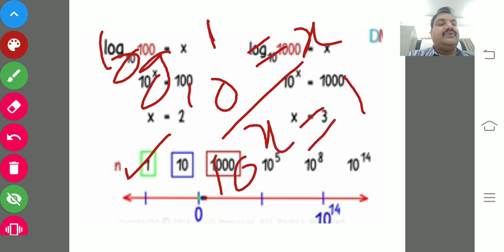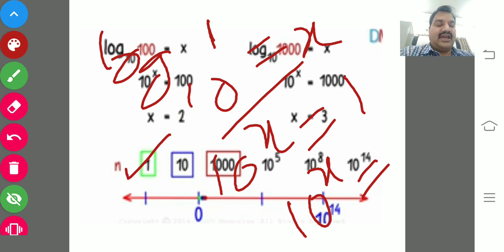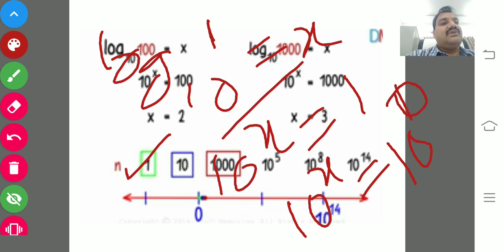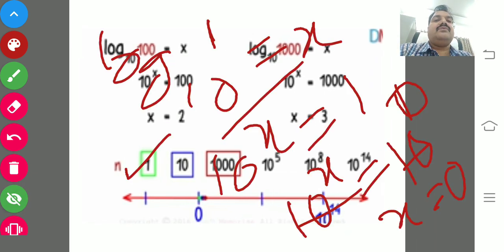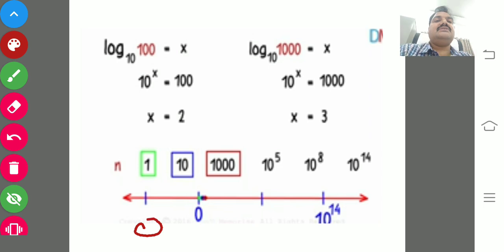10 power x equal to 1. So 10 power x equal to 1 means, you have common sense in exponents, you know the exponential laws: x power 0 is equal to 1. So you can write 10 power 0 also as 1. Instead of 1 I have written 10 power 0. Equal bases cancel, x equal to 0. Yes, here the value we got is 0.